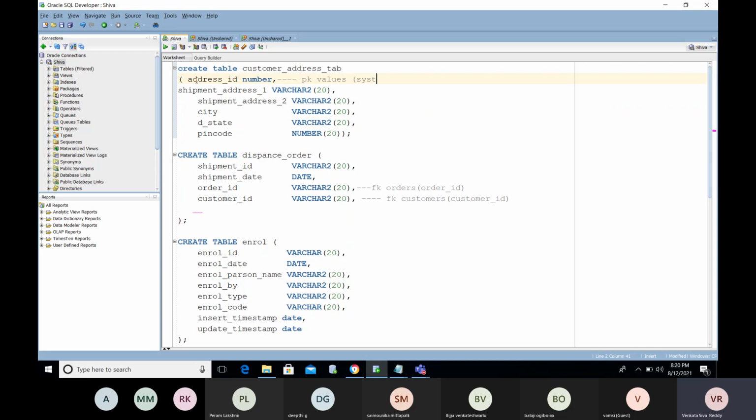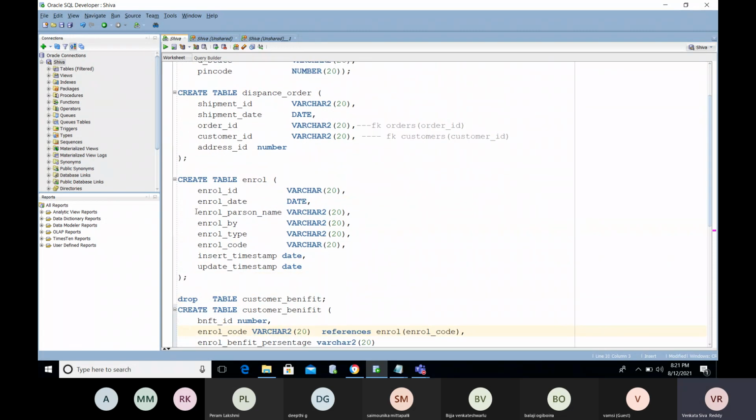If you have existing members, use the system generated value. First you insert the data in the address table, then you can map this address ID with this table. We have the dispense ID, order ID, and customer ID. Again, we will map with some keys; I've given some stakes also. Then you can try with all these things. Got it?